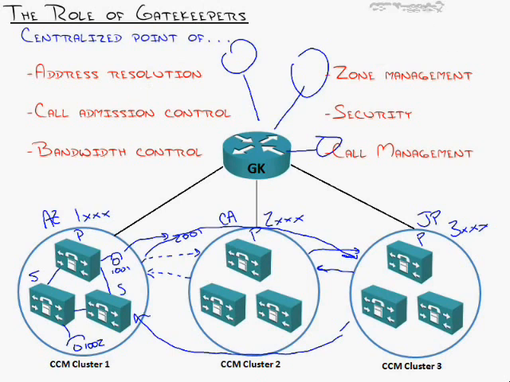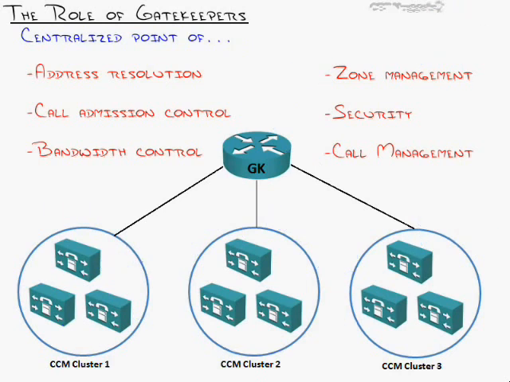I mean, think of it as like 13 routers with a full mesh relationship. If you want to take it to the data world, every router has to have a connection to every other router. It's just crazy. You can't do it. It just becomes unmanageable. So I say all this to say this is where the gatekeeper comes into play.